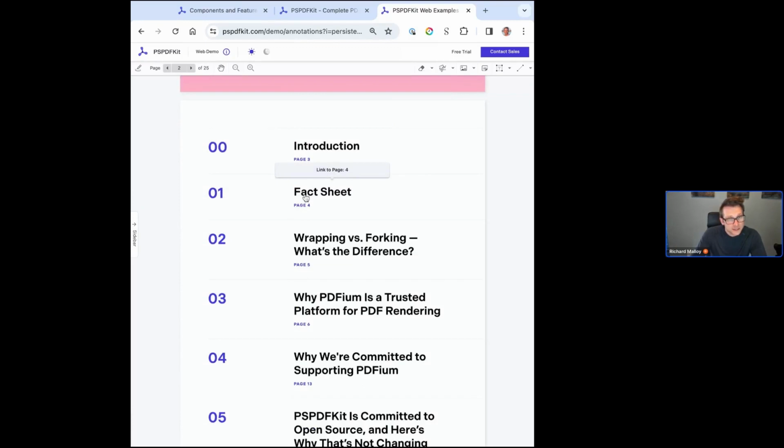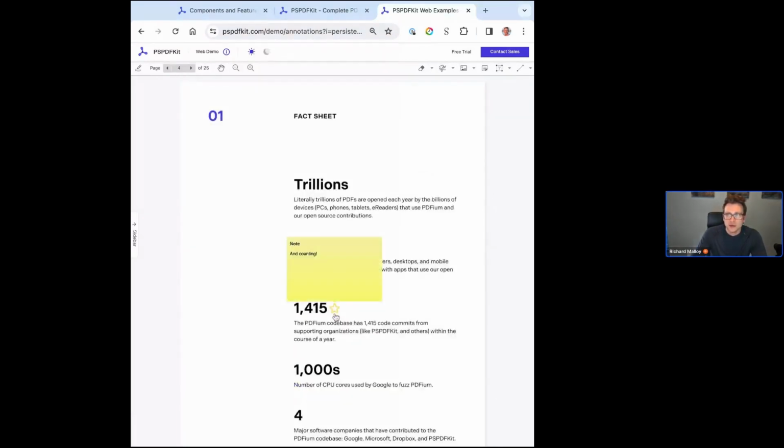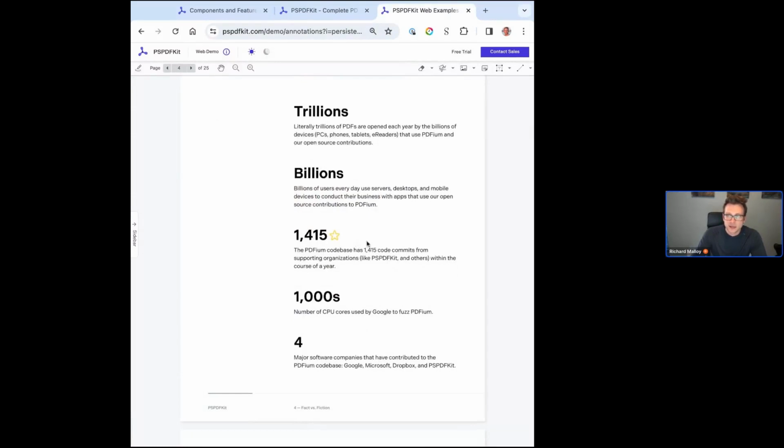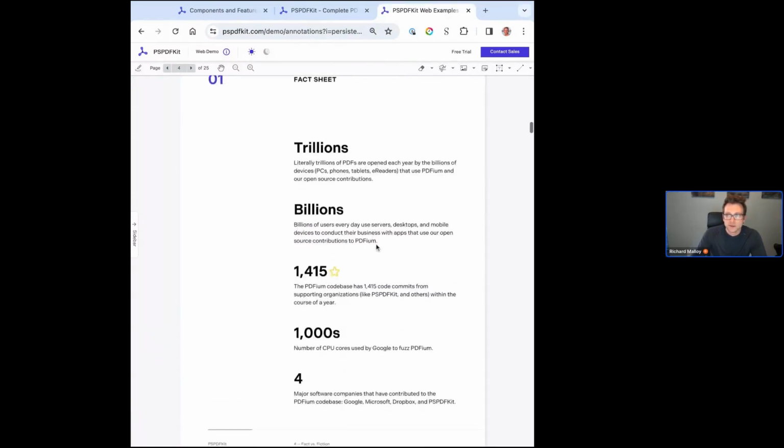This is called a link annotation. So if there's a hyperlink or something on the PDF, it's called a link annotation. If we click on it, it's going to pop us there, which is great. We can see some other annotation types on the PDF. So like here's more stuff about PDFfume,